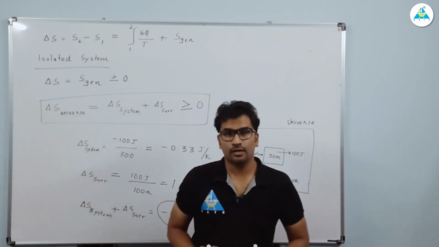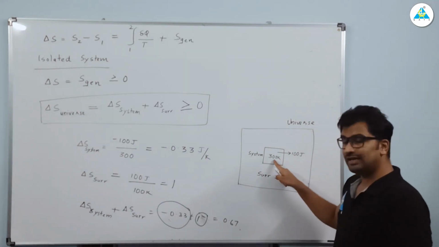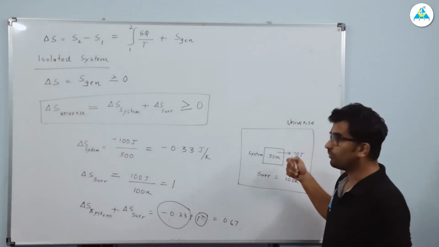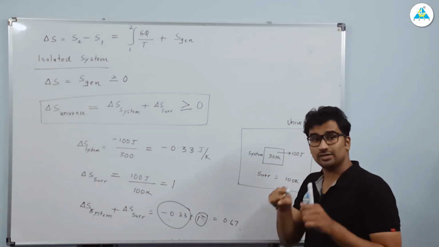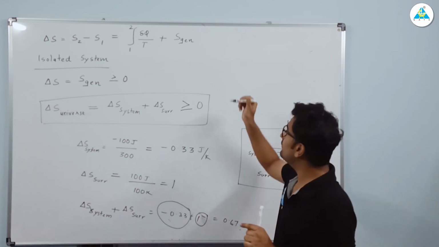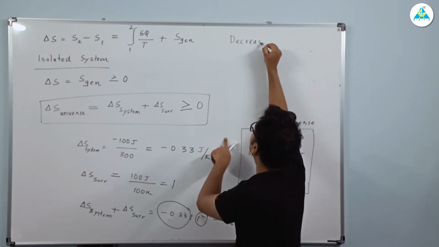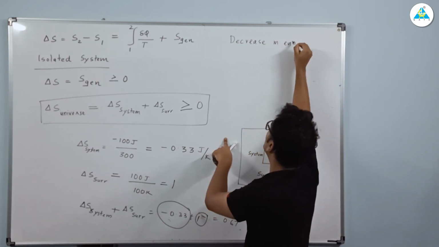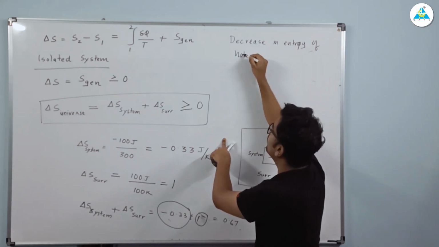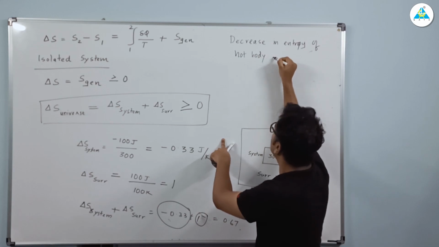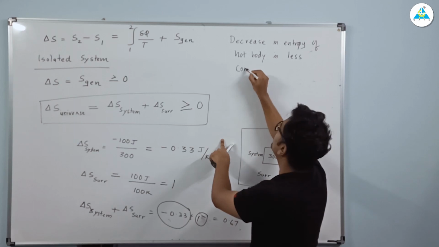Once again, you can see here, right? One minute, my mic is disturbed. Okay, 300 Kelvin, this is our hot body. What is happening to the entropy of the hot body? It is decreasing because heat is released from the hot body. So what we are saying is the decrease in entropy of hot body is less compared to